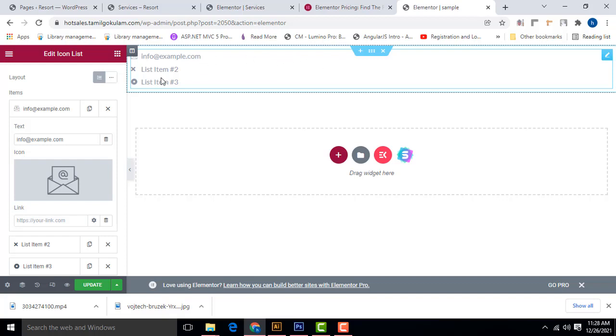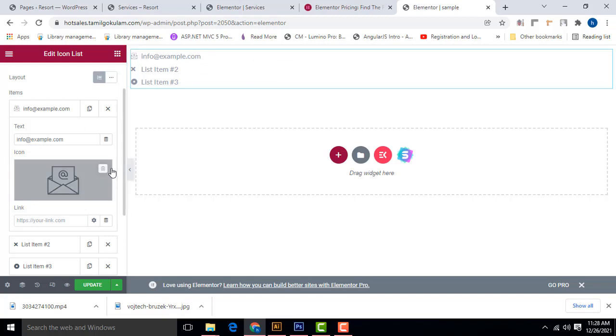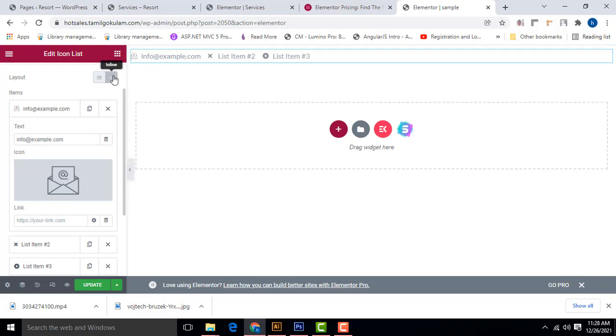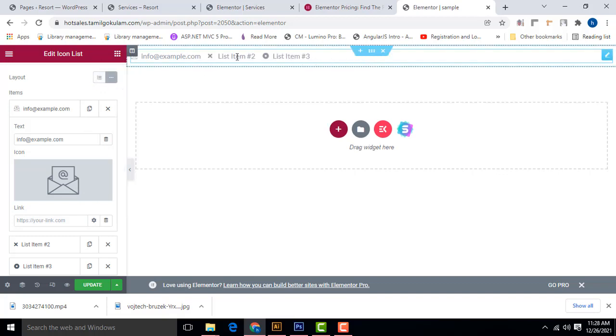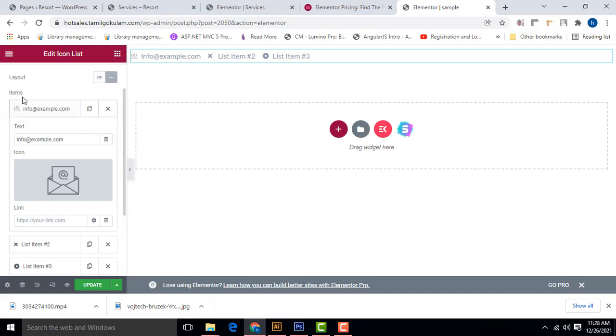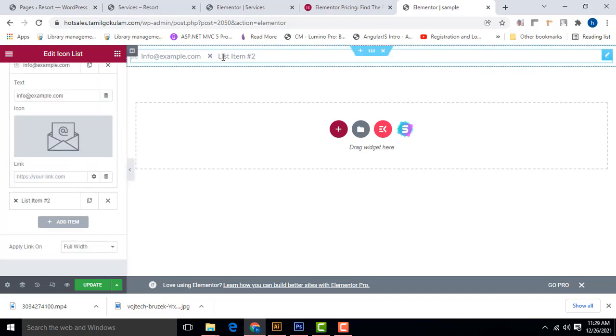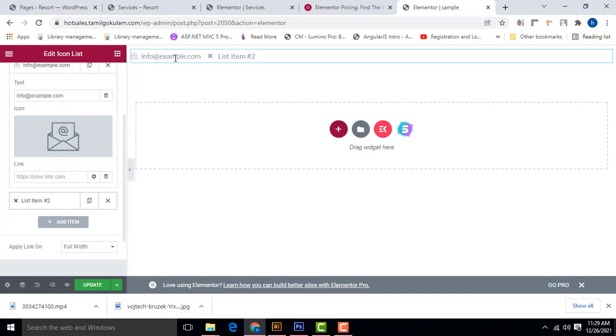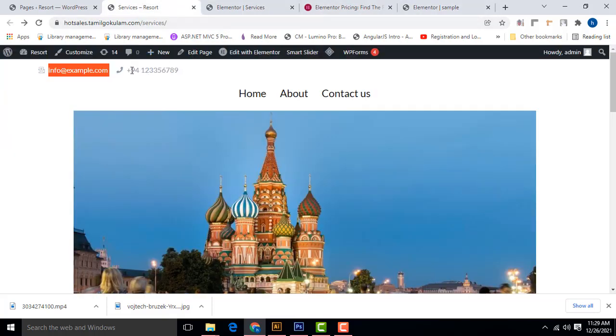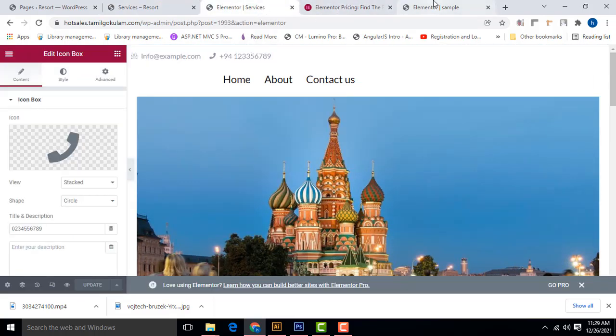So what I am going to do is very simple. Here, the layout default is like this. You have to click on inline. It's coming like this. I need only 2 items, so I am going to delete the others. There are 3 here. Delete them. Right. This one I am going to change to a phone number. So this same phone number, I just copy and paste over here.